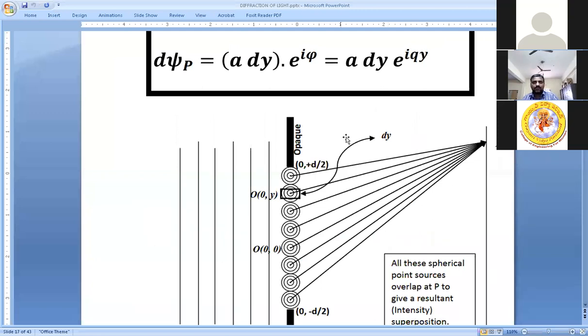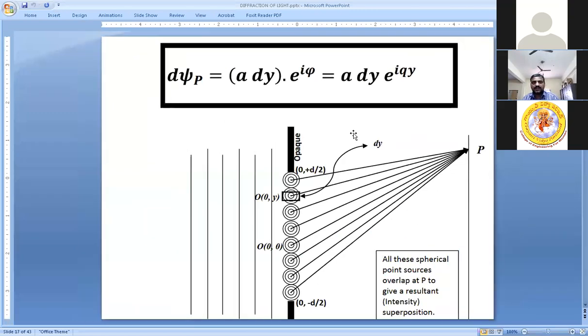With this picture, I hope you can understand things much better compared to the previous. There is a mistake here, Amma, in the picture. It was shown as O, but please don't take it as O, as it was a picture copied from something. This is not O, Amma, this is some other point S, right? This is O, fine. So here I have taken a small differential element dy, where a point source S was sitting, and from there the spherical waves are emanating. These spherical waves, of course, will travel in different directions, but I am interested in those rays which are traveling towards point P. I hope with this diagram you can understand.